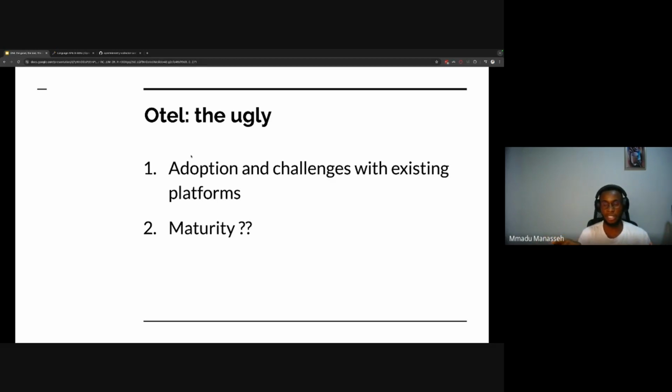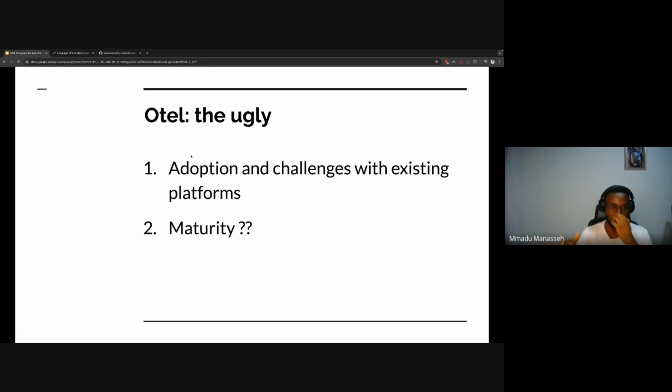And I think right now it has resolved because I think they have revisited those models, but I'm not fully sure about the details around that. But yeah, that is part of the problem. That's one of the ugly things around Otel, because some platforms realize that Otel is not giving them the money that they were getting before. So they are trying to be aggressive with it and trying to make people move away from Otel, right? That's one of the problems there.